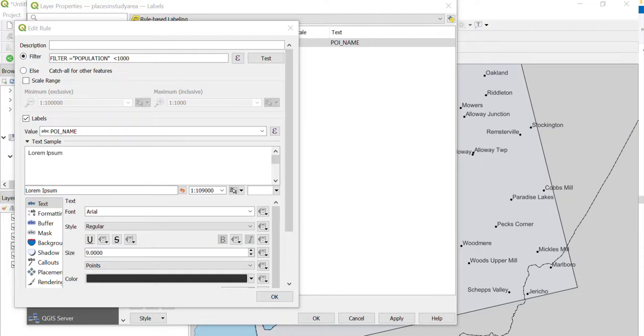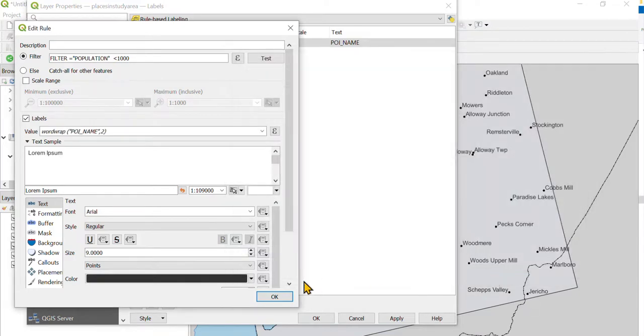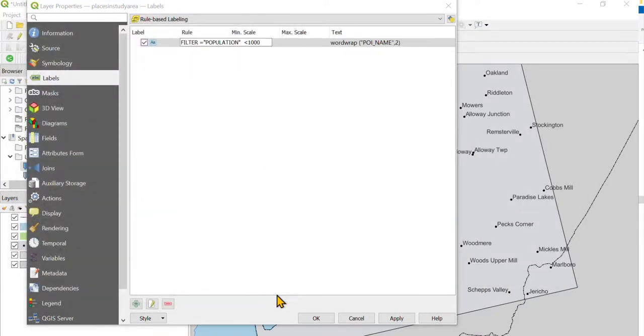What we're going to do there is put a little customized function, and usually you can write these in here. I already have this, so it's going to be called word wrap PO name, and it's going to wrap it at the start of the second word. So let me do that. So less than 1,000. I'm going to hit OK. We're going to hit OK,